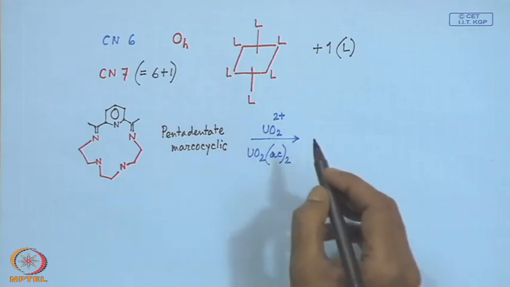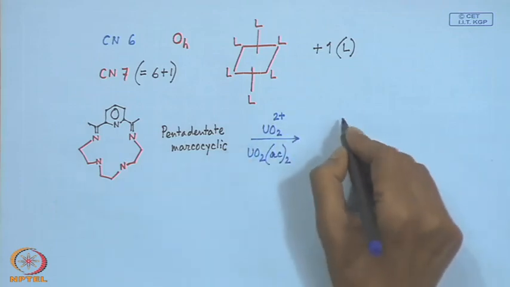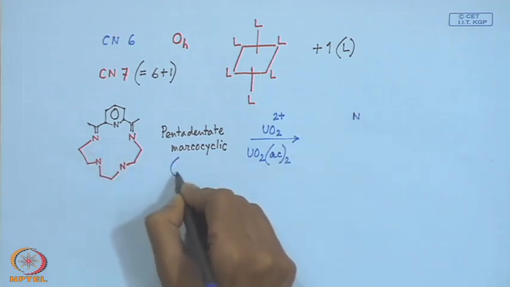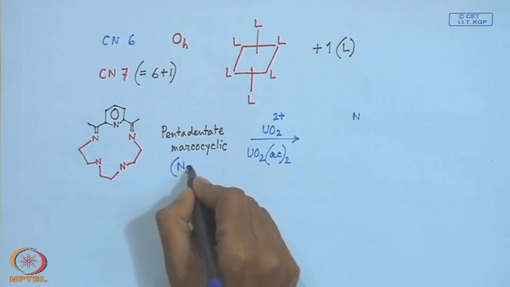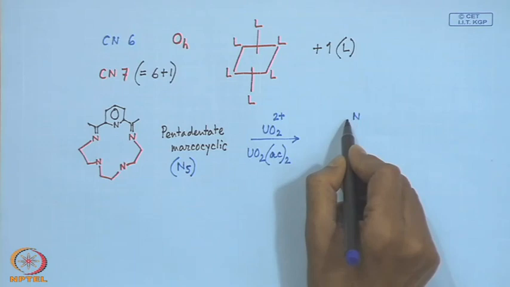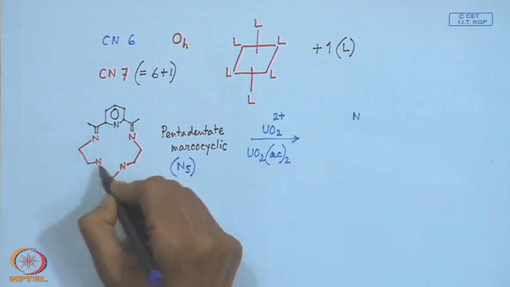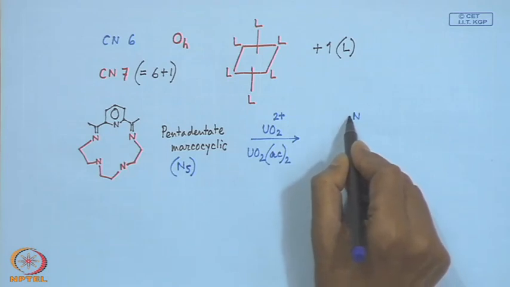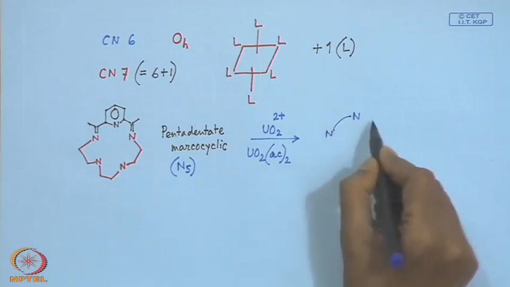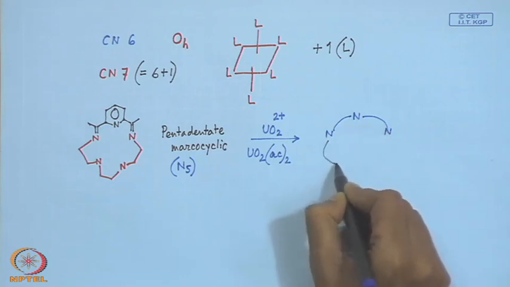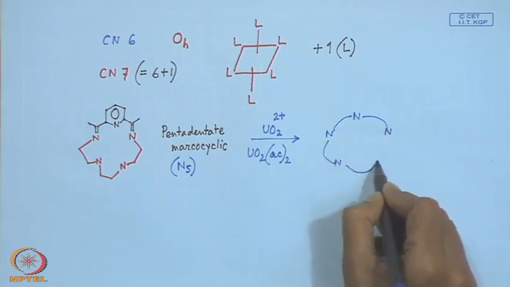So, when it is reacting with UO2, we have basically the ligand system as N5 pentadentate macrocyclic, which can bind to the metal center through 5 nitrogen atoms. So, now we see how this particular pentadentate macrocyclic ligand looks like. So, it will be this nitrogen, the second nitrogen, this will be the third nitrogen, fourth nitrogen